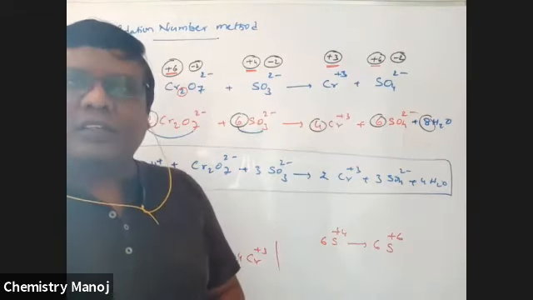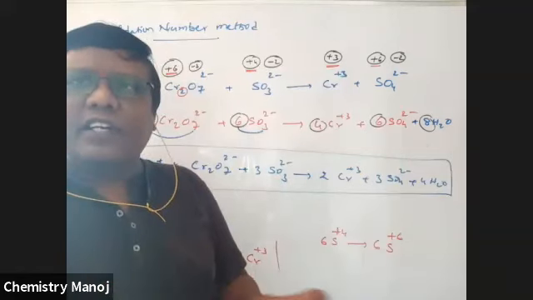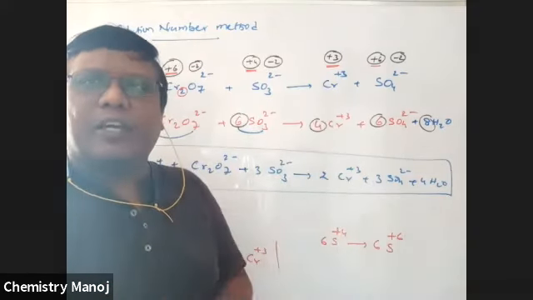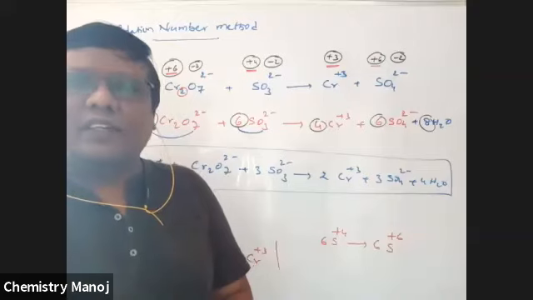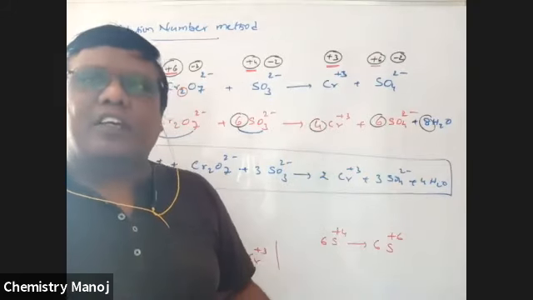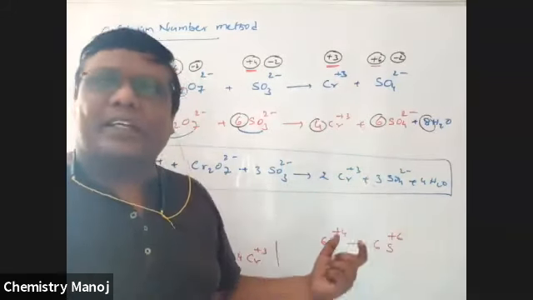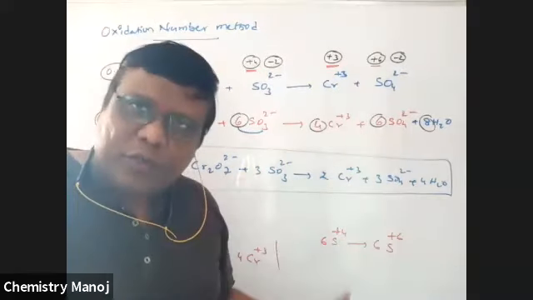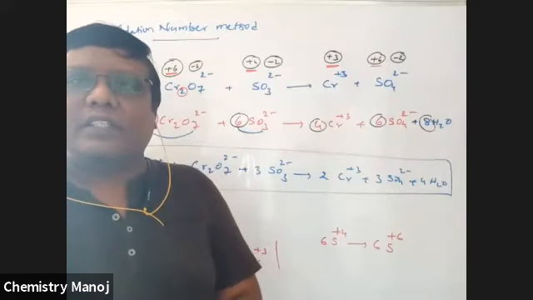Yes, but there is some confusion just by multiplication. This one is multiplied with that one, and that one is multiplied with this one. So collect all the elements. 2 chromiums are there, 2 chromiums are collected here. 10 chromiums are there, 10 chromiums are collected here. The total charge we are going to discuss.